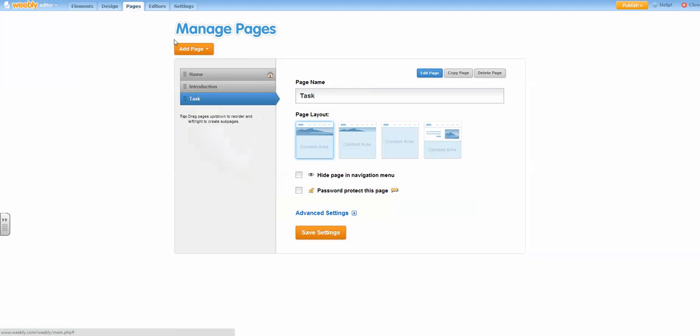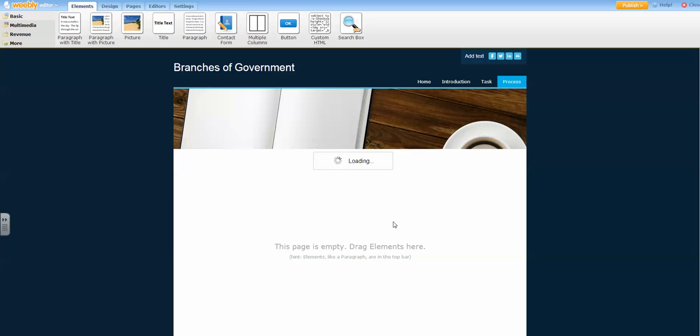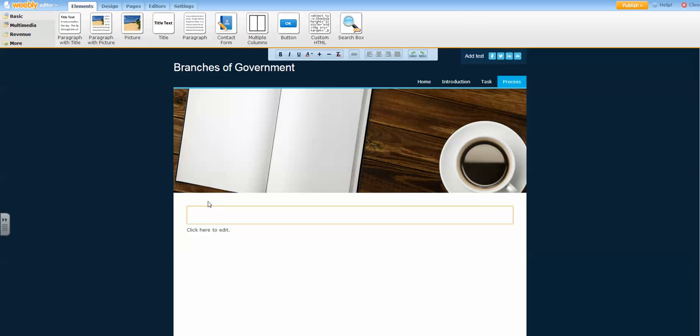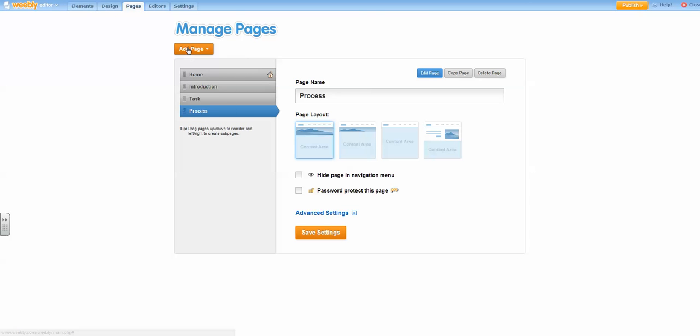And let's go back to Pages and add one more. Standard page, Process. And we're going to save settings. Okay. Now, if you're watching me here, I'm going to put step 1, step 2, step 3. And what I can do with this is I can go back to my pages, I can add a